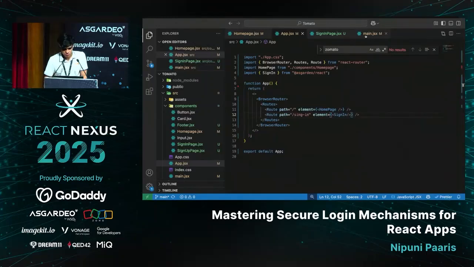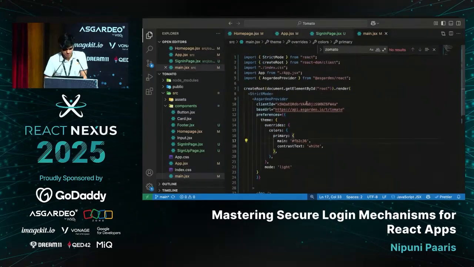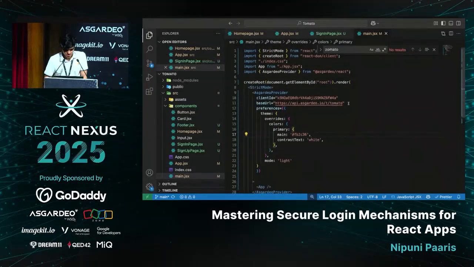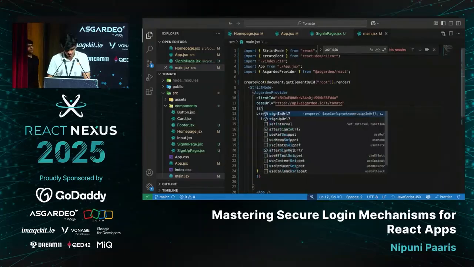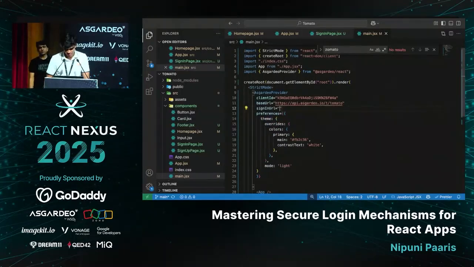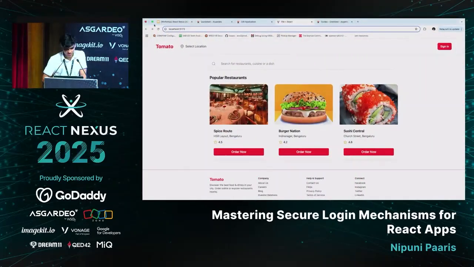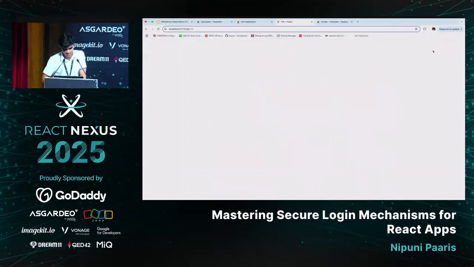So in the main, here you can provide the sign-in URL, right? That will be the path that you provided for the component. Now that I have configured this, and now if I show you, when I click on it, let me refresh first. When I click on the sign in,